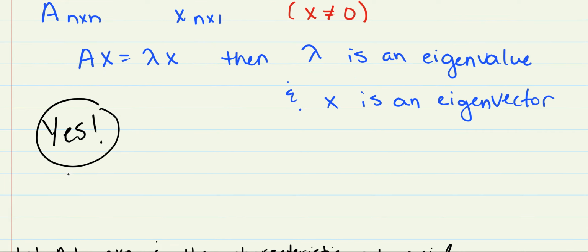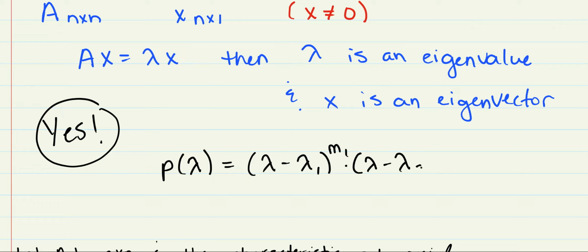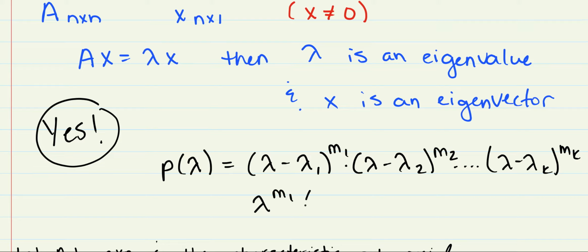And what would the characteristic polynomial look like if you had lambda equal to 0? Remember that the characteristic polynomial of a matrix is equal to (lambda minus lambda 1) to the m1 times (lambda minus lambda 2) to the m2, and so on, where these lambda 1, lambda 2, all the way to lambda k, are distinct. So if you had a 0 for one of these lambdas, you would get something like lambda to the m1,